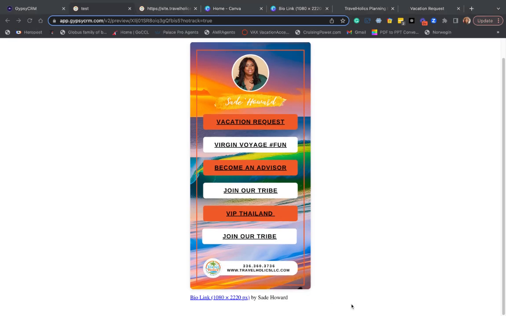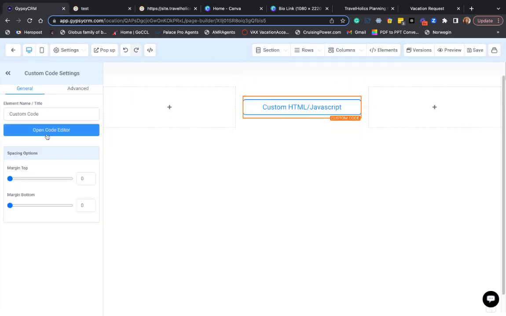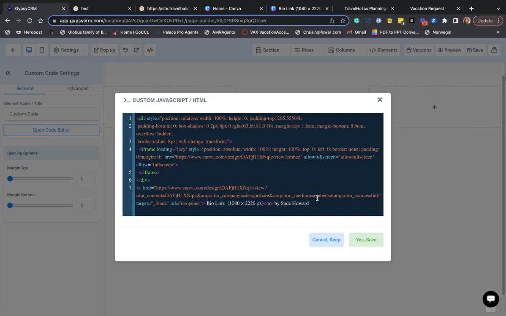Now, I'm going to do this real quick. You can see right here, it says bio link, and then the name, the bio link 1080 by Sade Howard. That's essentially what Canva is telling this particular project. So that's what I was saying. It's very important for you to make sure that whatever you name it, you're naming it something that you can be proud of. But more importantly, when you come back to your custom code editor here, you'll see right here it says BioLink